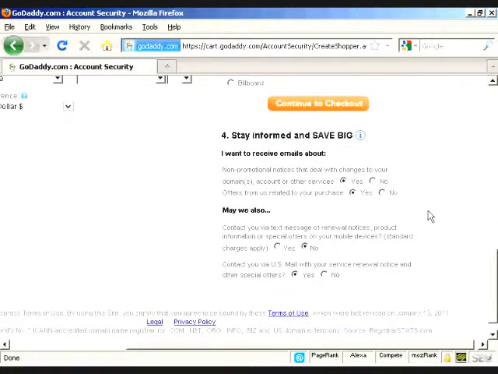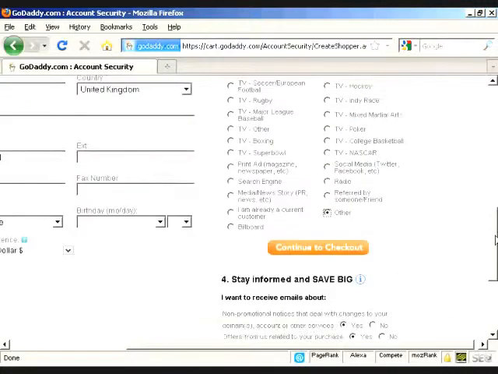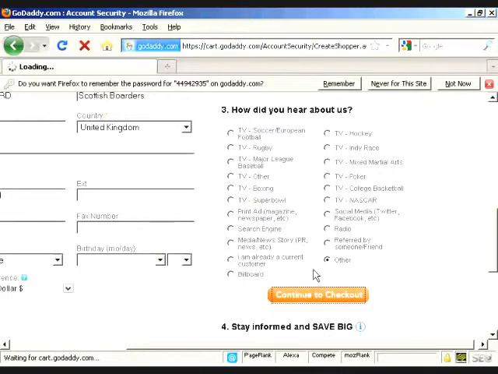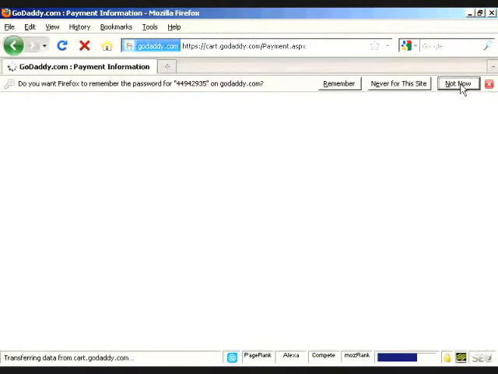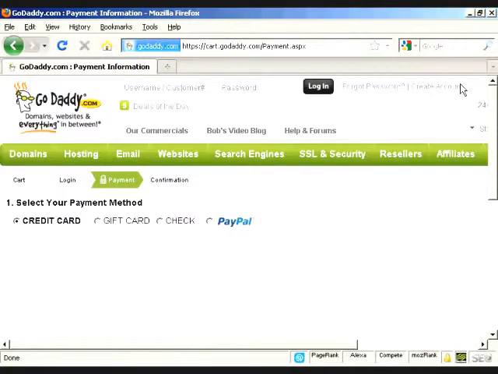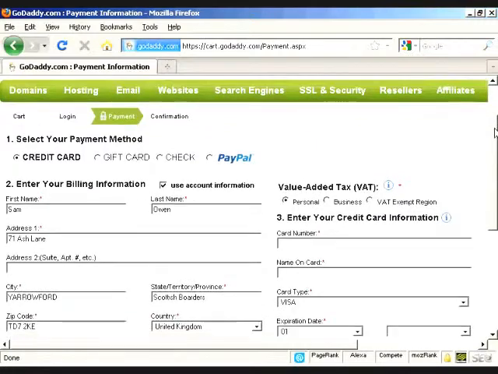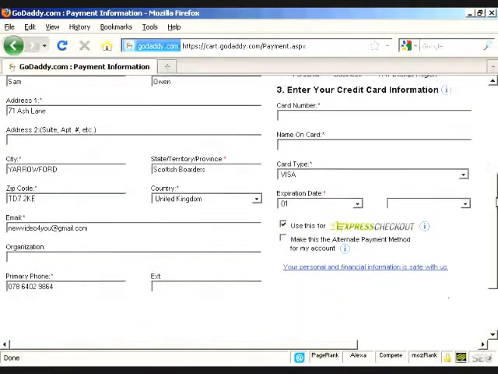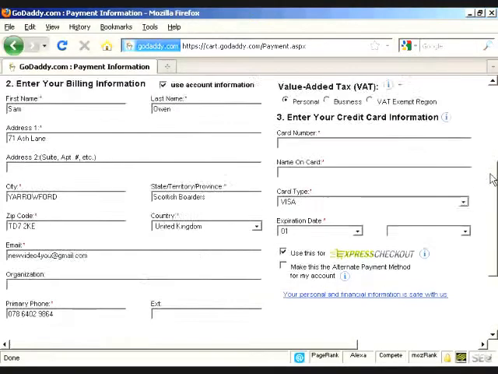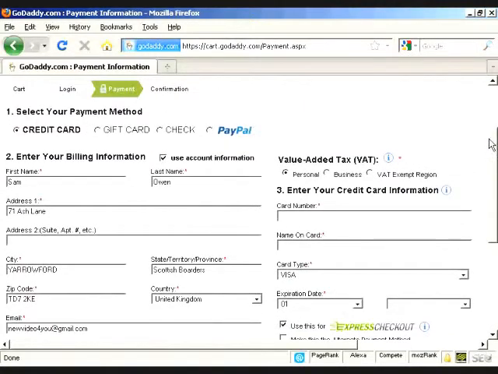Also can select whether you want to receive email messages and so on. I'm going to leave it as it is and just go continue to checkout, and I don't want them to remember that, so we'll clear that. And then it takes me to the final page where I enter my credit card or PayPal information and then check out. And what will happen afterwards is it will then flash up a screen telling me that my payment has gone through, and it'll give me a order reference number and so on. And after that they'll send me an email